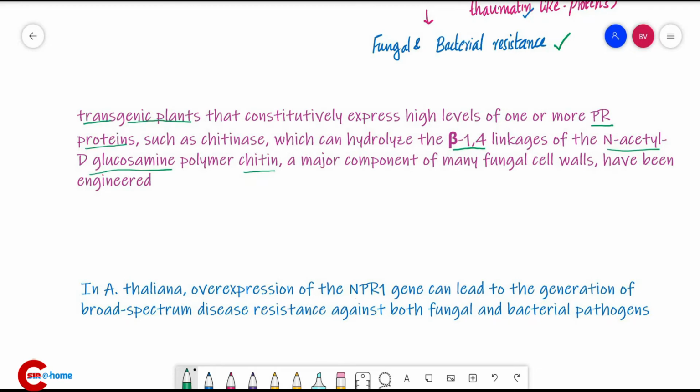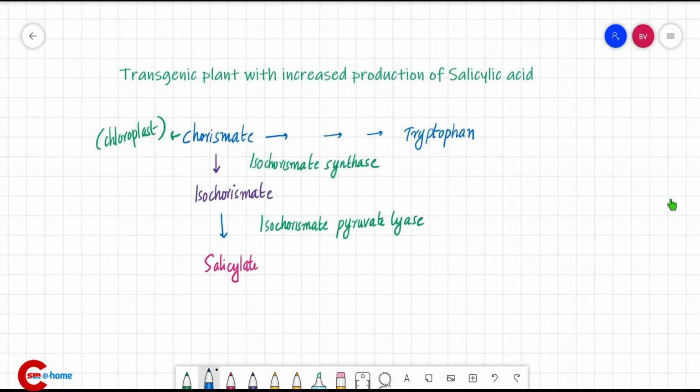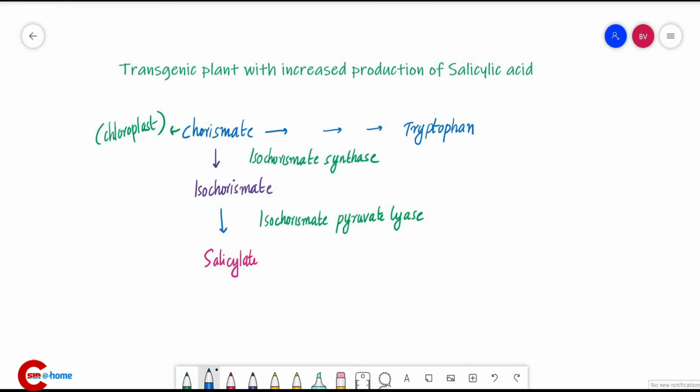The first is high level production of this enzyme, that is chitinase. Then overexpression of NPR1 gene. The NPR1 gene that we studied, this NPR1 gene induces which one? Pathogenesis related proteins. So we can also overexpress, that is overproduce, the NPR1 gene. This also leads to generation of broad spectrum disease resistance against both fungal and bacterial pathogens. Then another approach is transgenic plants with